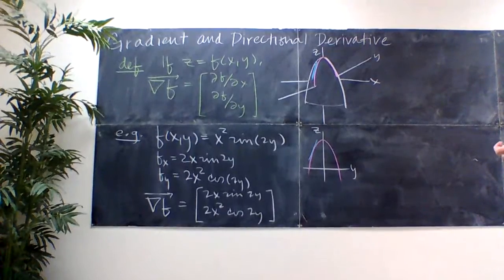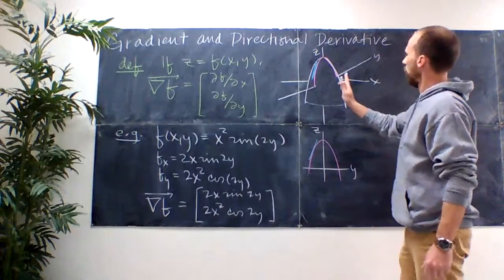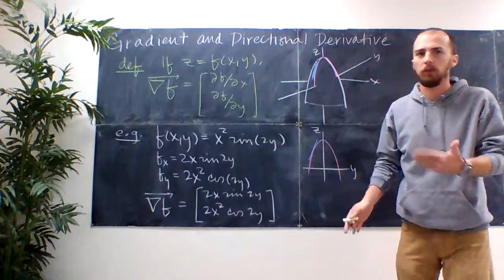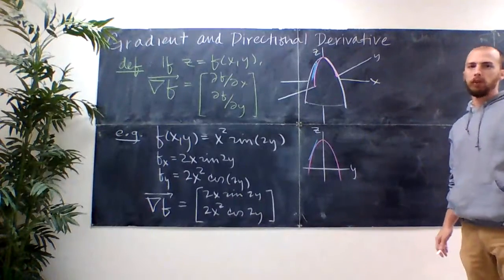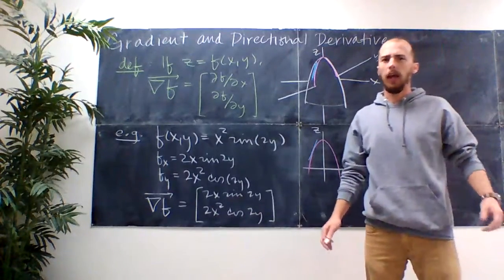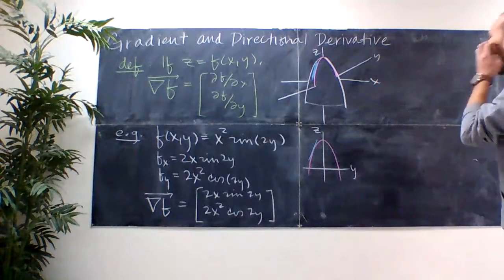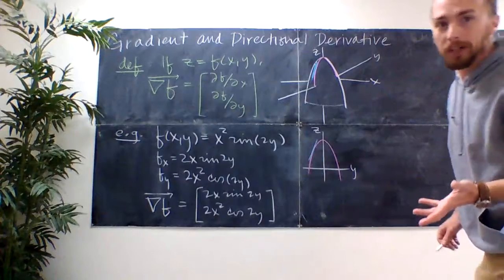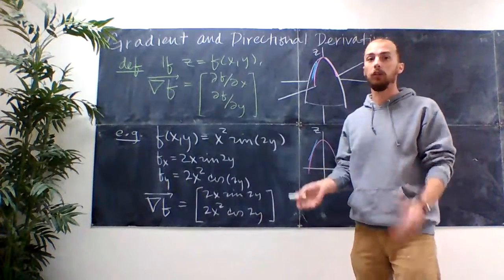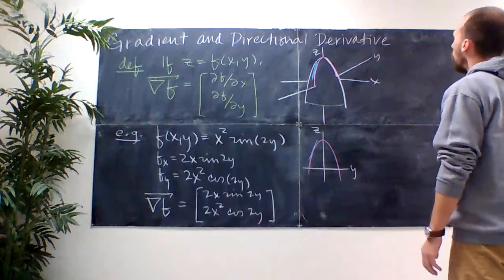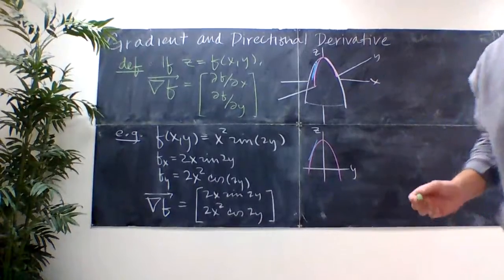Okay? But we might be interested in what happens as we go, maybe not just towards y or just towards x, but maybe towards, like, the northeast, right? We might be interested in how something changes as you head in a direction that's not just one of the 4 cardinal directions. There's going to be other directions we might want to head and find a rate of change on a particular surface. So that brings me to the definition of the directional derivative,